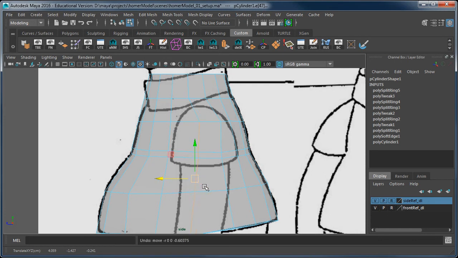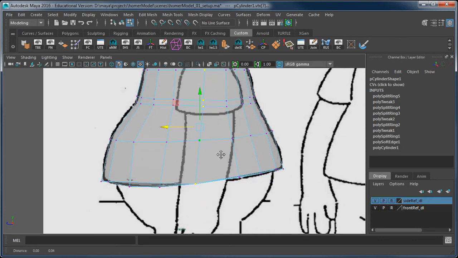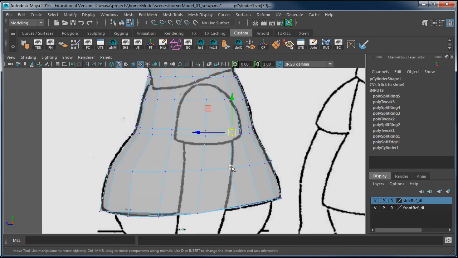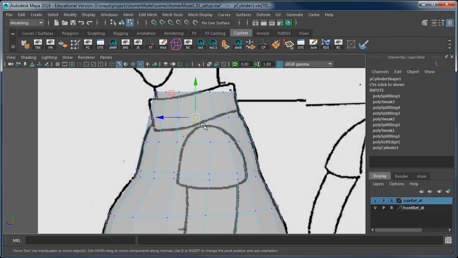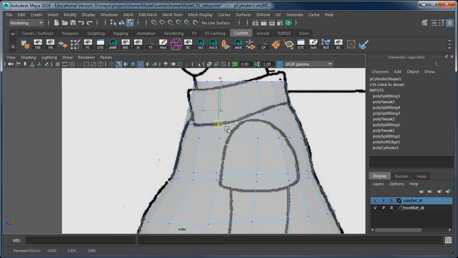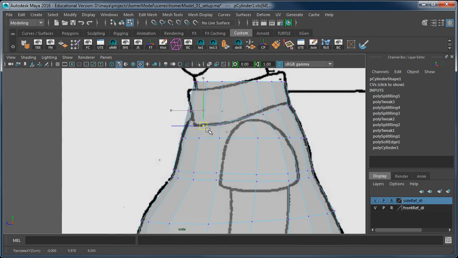So it's middle. Oops. No, got to marquee select the vertex. So vertex, marquee, and pull that back. And then this goes back, and this goes back, and this maybe now comes forward a bit. So that this is poly modeling, and this I'm going to follow the line on his collar. The manipulator can get in the way of other selections. I can actually grab that little 2D translate,